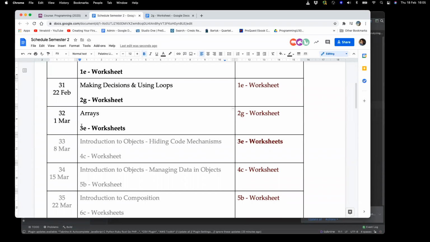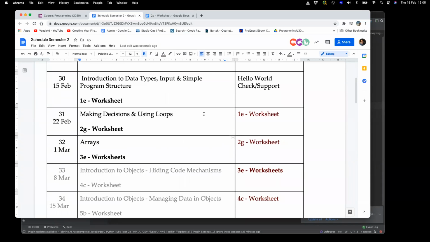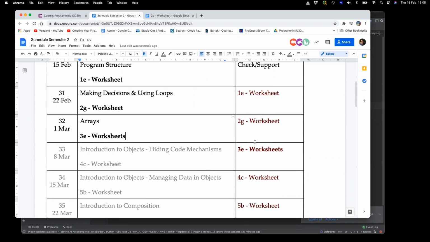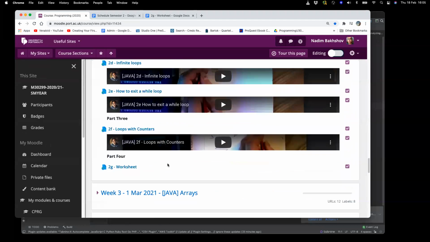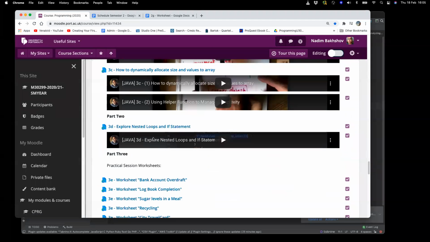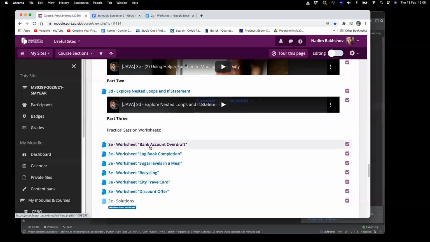Arrays do start stepping up. So if you're finding these weeks nice and light, a piece of advice: push forward to that week. Don't wait for it. I've commented out the other stuff to do with objects; we'll come back to all of that in a minute. Week 3, you might notice if you do go ahead, has six separate worksheets. Each of them was actually a test we did in the previous year. You will only be marked on one of them for the sign off, but I would recommend you do as many as you can because it's very, very good practice.